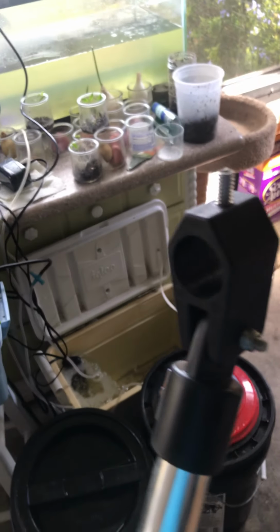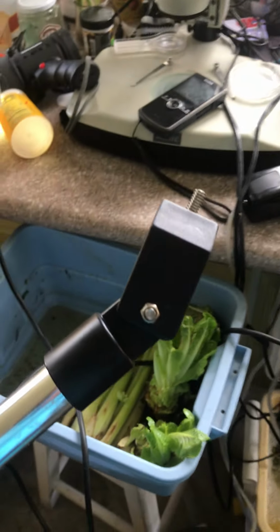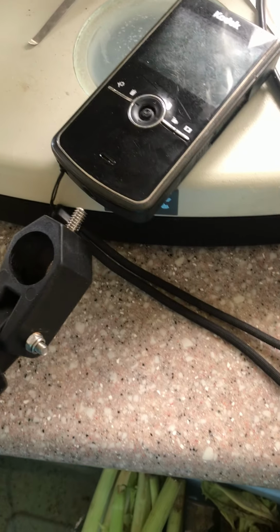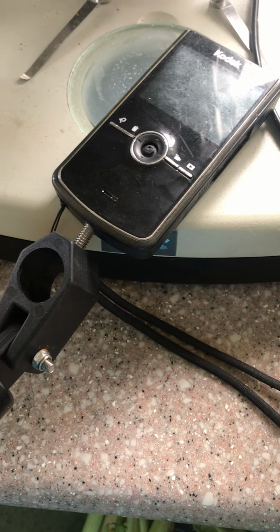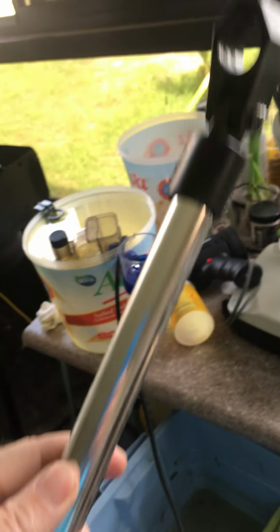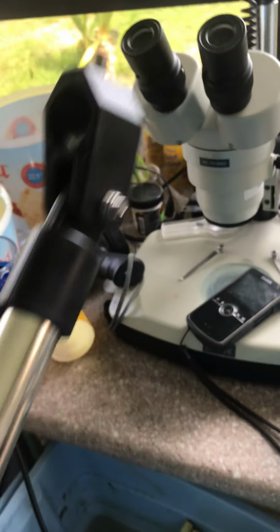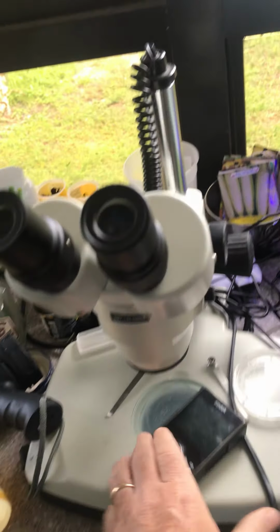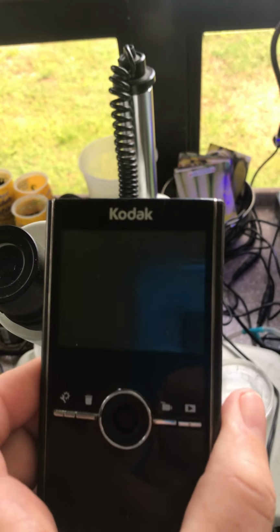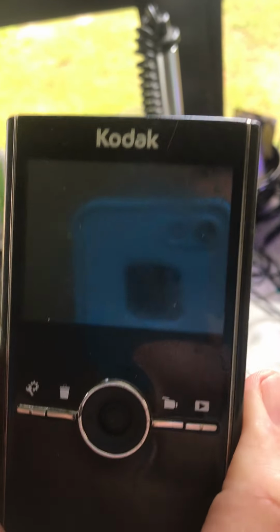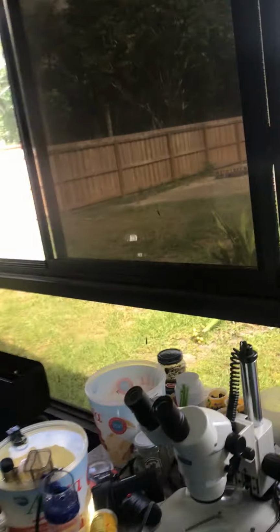I'm trying to make an adapter that will accommodate going into this camera, right? This long bar is going to serve as a stationary articulating arm that'll hold the camera in this general area, right? I'll get it all dialed in, and the idea is that with this I'll be able to use the camera to show you some really cool things on a microscopic scale.